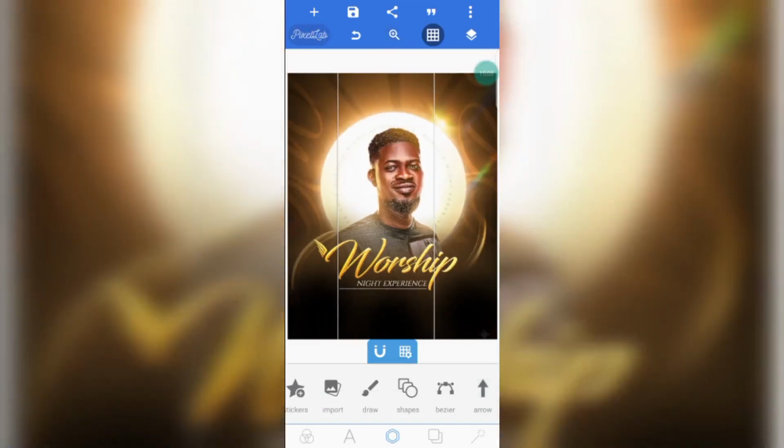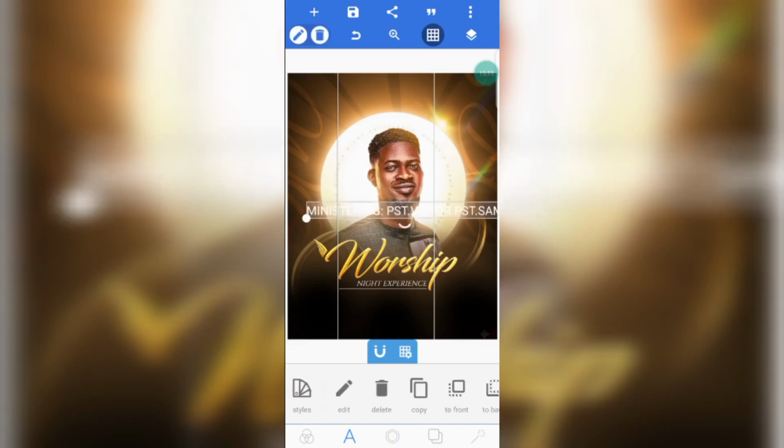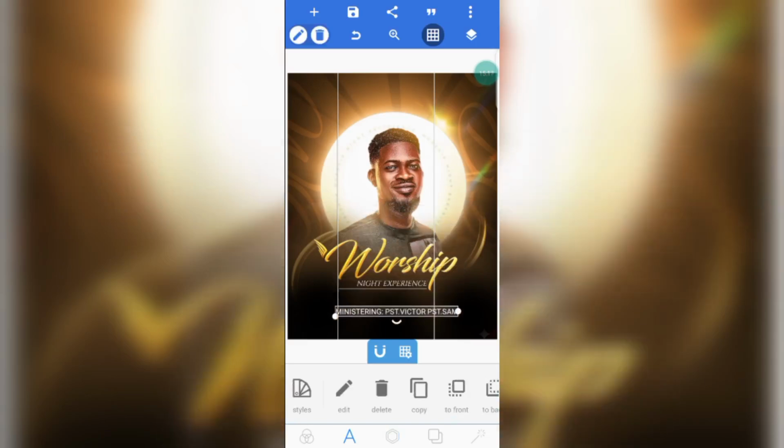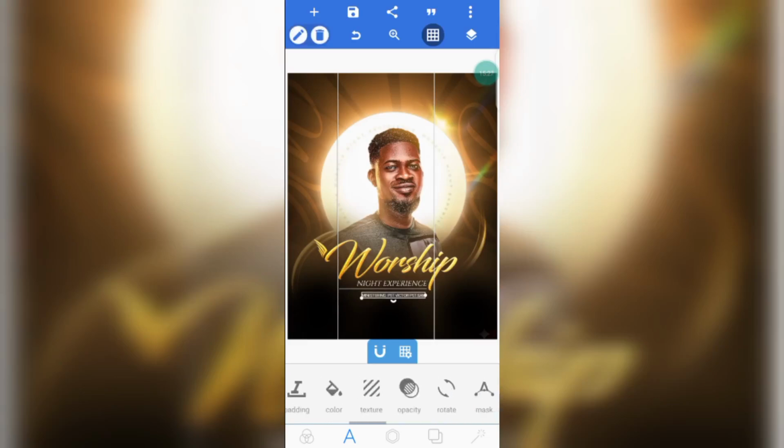Okay, now let's bring in the write up mini string. So guys, I'm done writing this, so bring it down, place it here. Okay, highlight it, go to font,